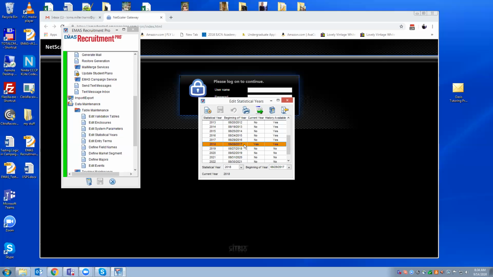So if you've been recruiting that student for 3 years for fall 2018, then you have 3 enrollment history records for that student, one for 2016, one for 2017, one for 2018. And each one of those enrollment history records tells the program what activity, what happened in the recruiting cycle for that student over the course of that particular year.